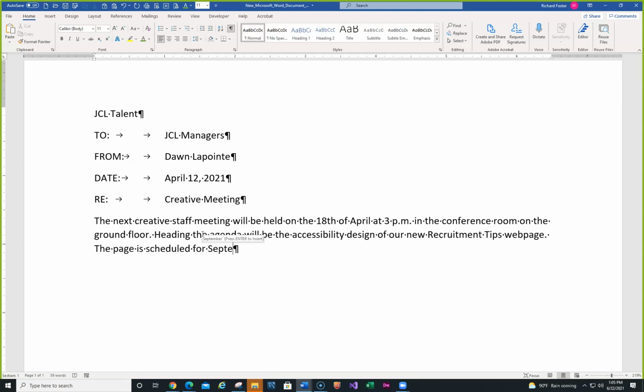Now, notice that I just typed a few letters of September, and it filled in September here as soon as I hit the enter key. That's autocomplete in there. And there's a whole bunch of things that you can put in there, and you can add things that you want. So let's press the enter key, type Anna